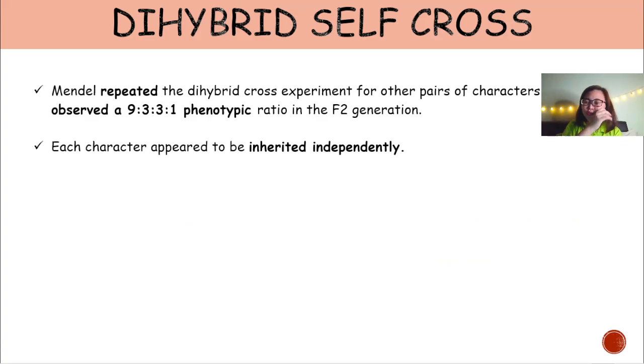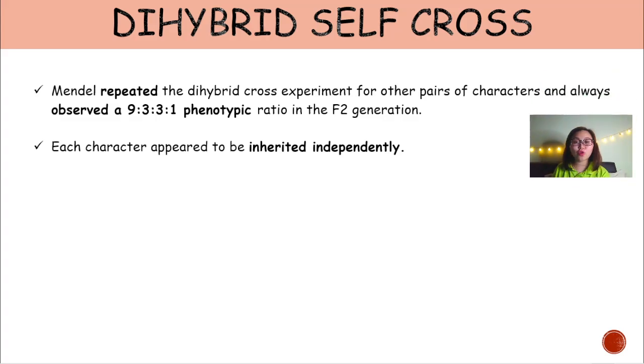When Mendel was doing this experiment, he repeated the dihybrid cross experiment for other pairs of characters and always observed a 9 to 3 to 3 to 1 phenotypic ratio in the F2 generation. Maksud ayat ini adalah dia buat berulang kali eksperimen ni, dia dapat juga nisbah 9, nisbah 3, nisbah 3, nisbah 1. Dan setiap ciri-ciri ini diwarisi